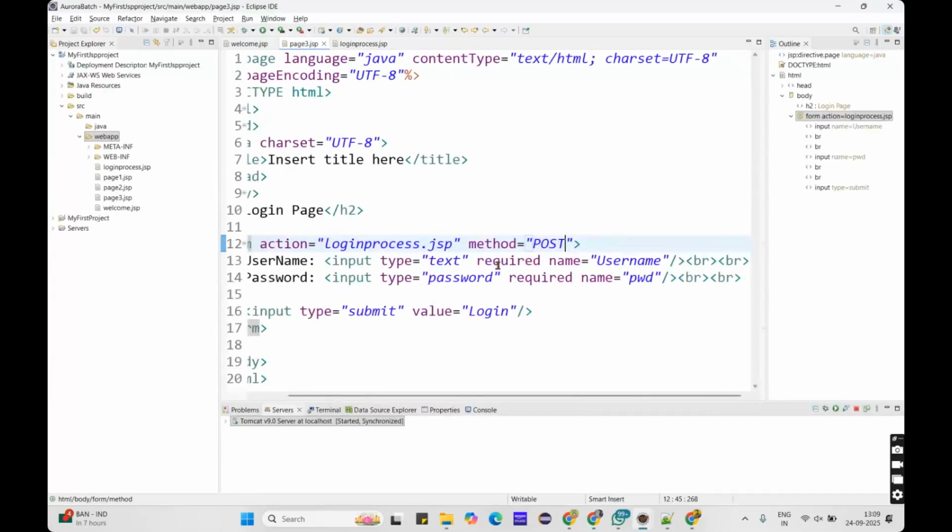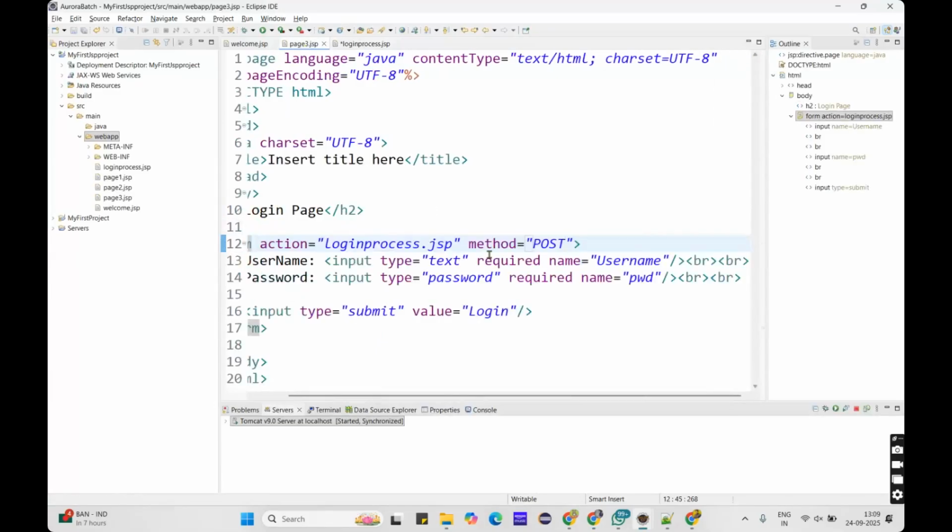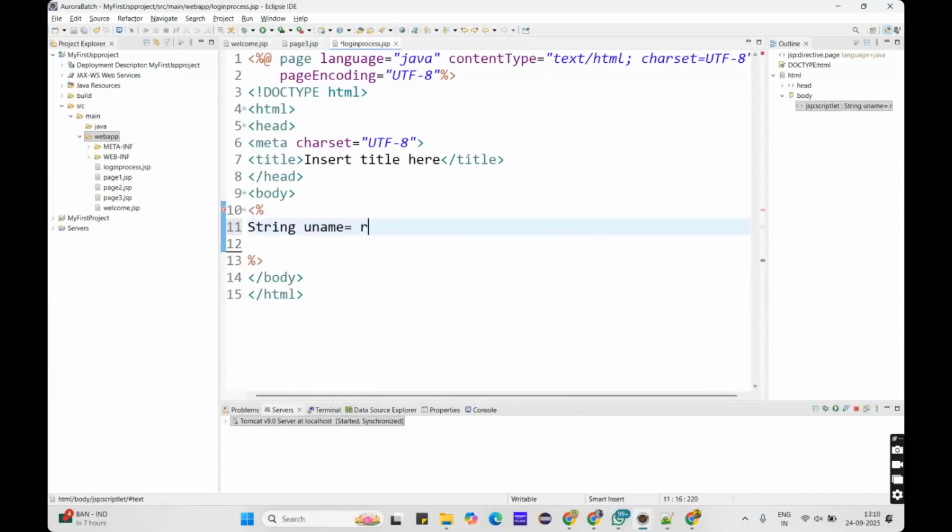And after entering that, what we actually need to do is process the data by checking whether the details are correct or not. Before that, we need to get the data he has entered. So now I'm taking a string for the username data type. Here he has given the username, right? Username for the name. So by using request dot getParameter, which is the request body,